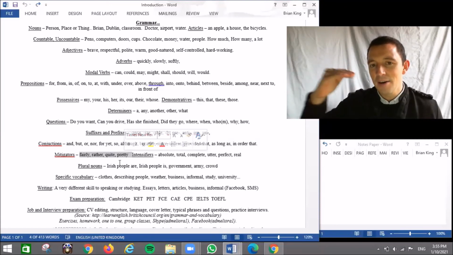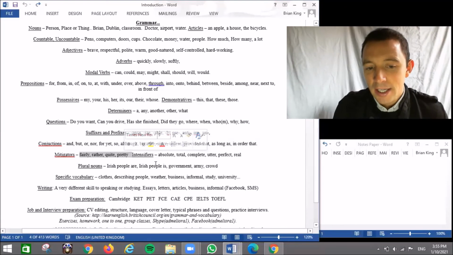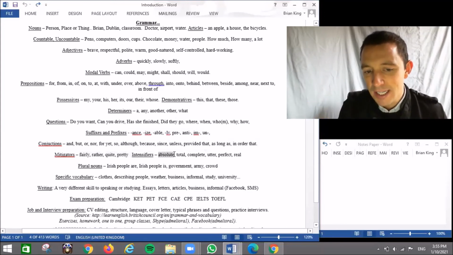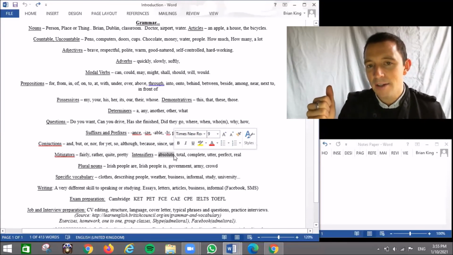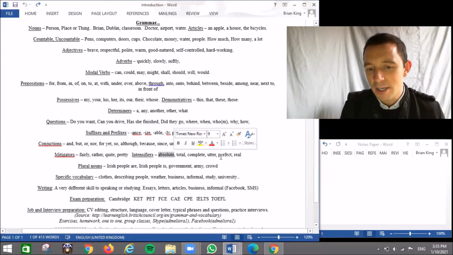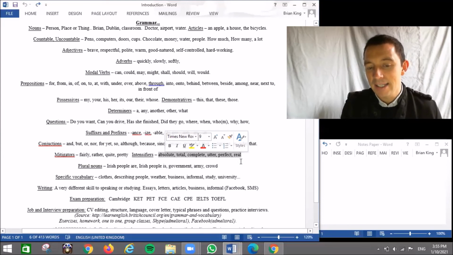Y de contra, or de nivel más arriba es como absolute intensifiers antes del sustantivo: absolute crazy, absolute madness, okay? Es posible también absolutely, totally, completely, utterly, perfectly, pero aquí es antes del